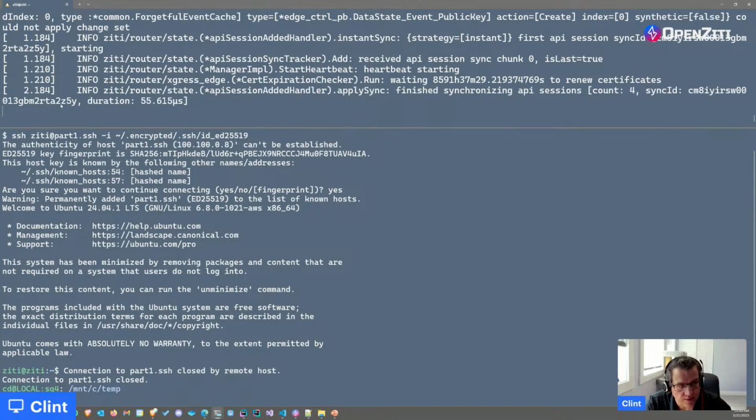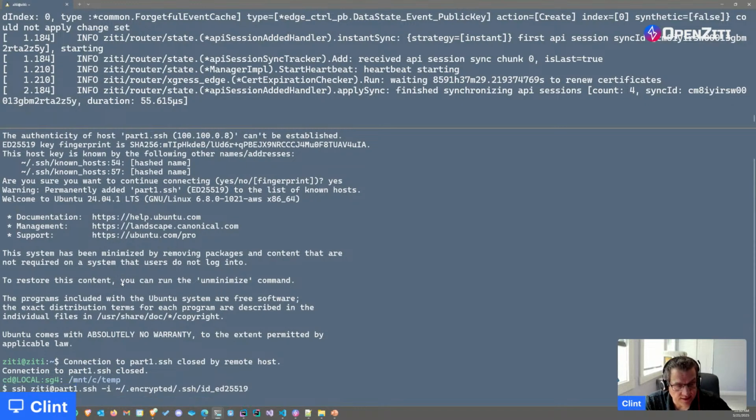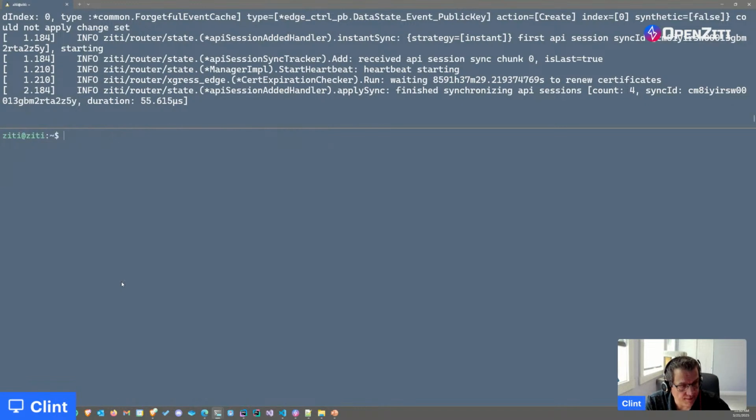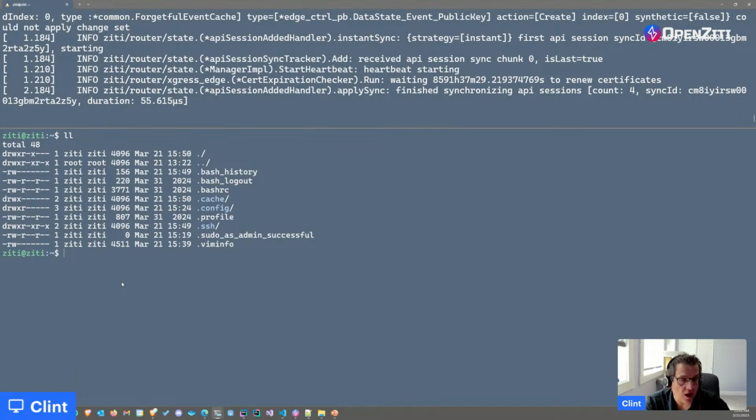No, oh, that's when they run the quick start. That's because of the PKI generation. When you restart it, it only takes a few seconds, 3 seconds. And now I can SSH back there again. And here I am back in the Docker world in my VPS in the cloud through SSH using OpenZiti with